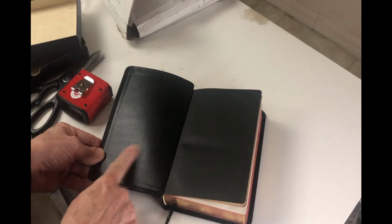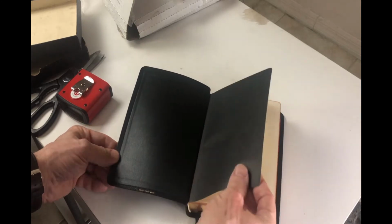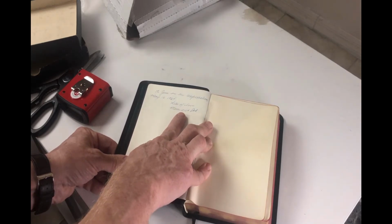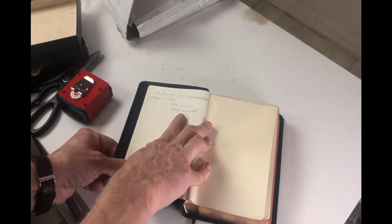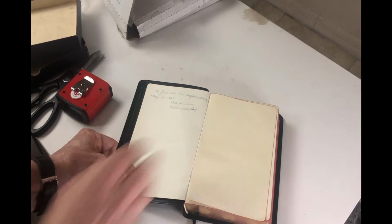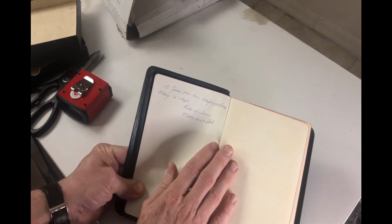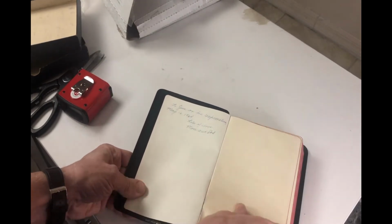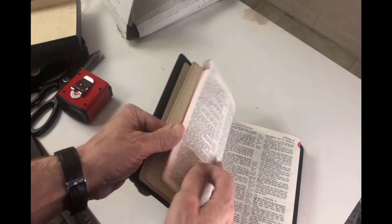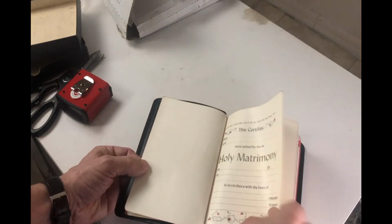Leather lined, paste down. You can see this is not sewn. The lining. There's one fly leaf, and there's a confirmation page. I imagine they might have been Lutheran or something. And I say Lutheran because Roman Catholics didn't typically use the King James. Usually it was the RSV back in the day. 1964, so this was a 60s Bible, vintage, 1964. Yeah, assuming that the Bible was new when they presented it. All right, so